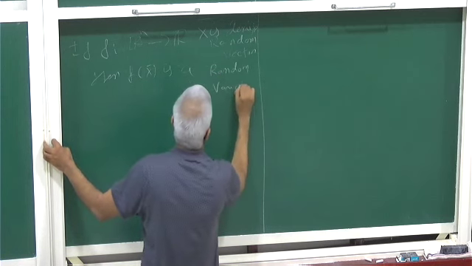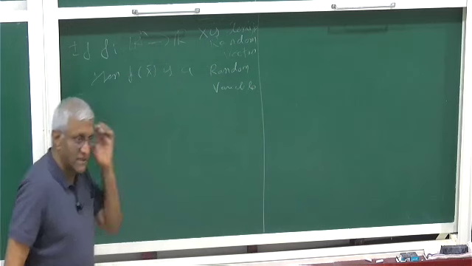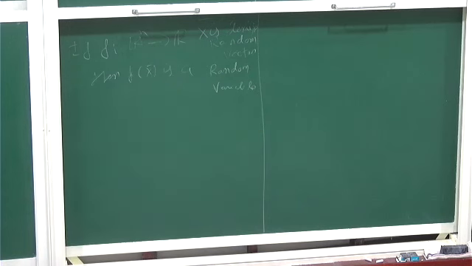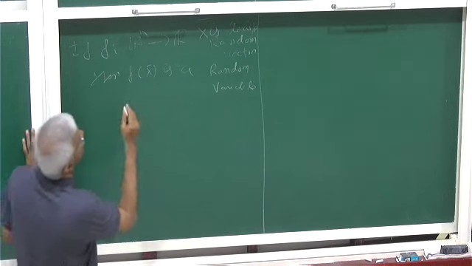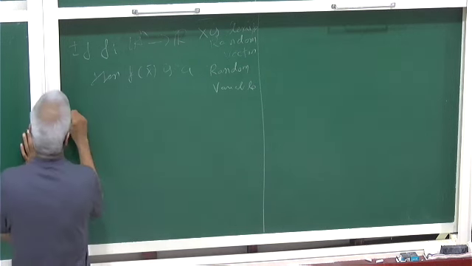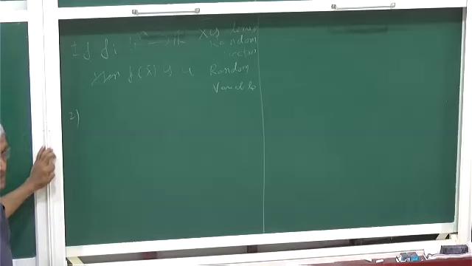A random variable is also a vector, it is just one dimensional. So it's also a random variable. So this is remark number 1. Remark number 2 is